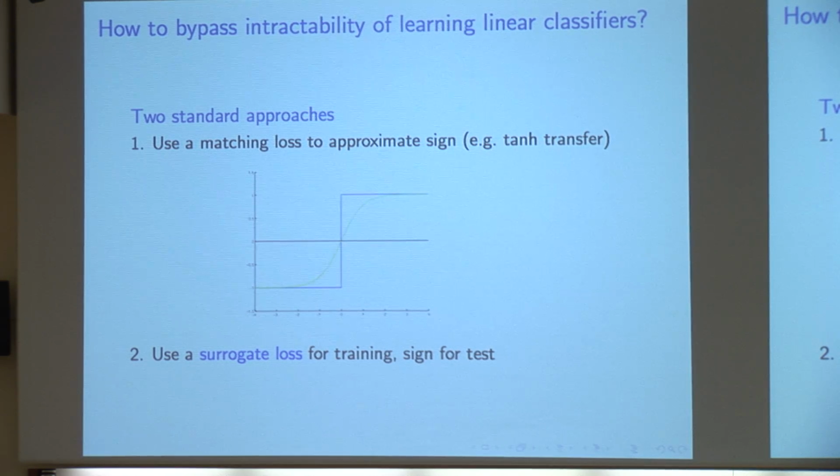The exact training problem is intractable, so let's find another way around. The other way around is to, for training only, replace the target loss with a fake loss. Train under a fake loss and then test under the real loss, and hope to God there's some relationship between the fake loss and the real loss that gets you out of trouble later on, okay?